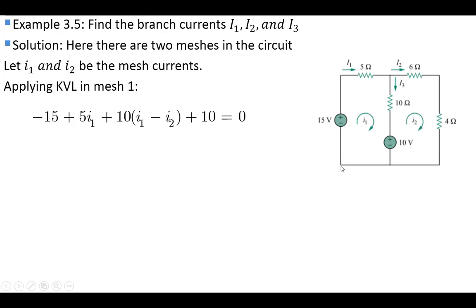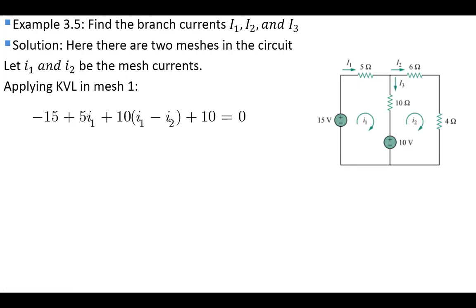So starting from this point, when we'll be traveling in clockwise direction, we'll encounter the 15 volt battery. So you can see this is actually a battery. The first polarity is negative, so we'll take a negative sign, and the voltage across the battery is 15, so minus 15. Again, why minus? Because of the first polarity. So minus 15. Then we'll go through this path. We'll remember to touch each element.